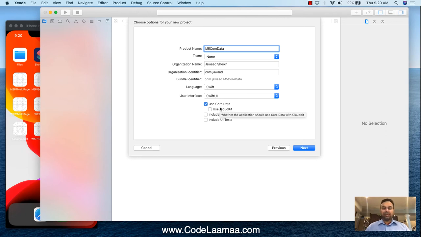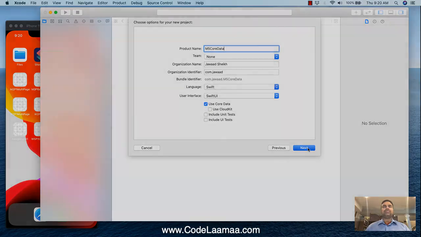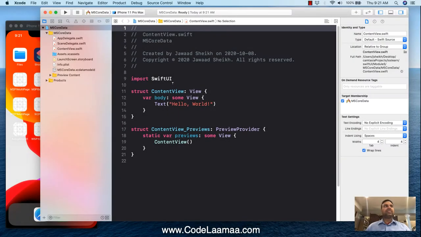Apple will set up in Xcode all of the stuff we need automatically. And we'll talk about that stuff soon. Of course, don't forget we're using SwiftUI here, so make sure that SwiftUI is set. All right, and let's hit next and give it a home. All right, so the first thing we're going to notice is that it auto-generated a file called